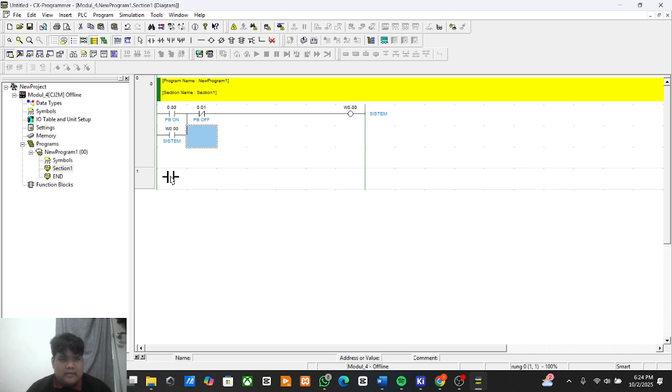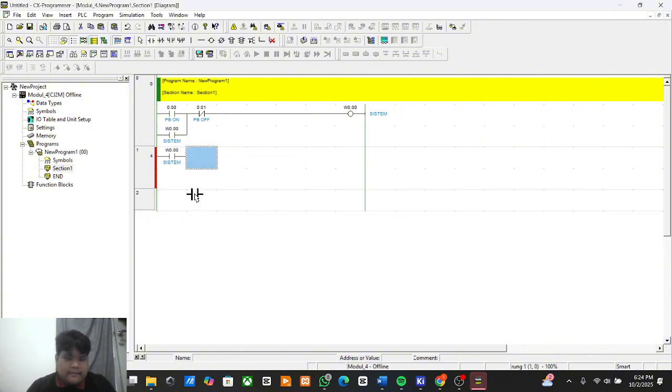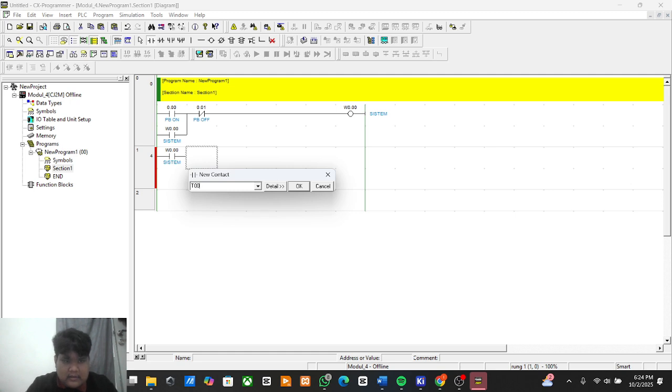And then the second circuit is like this. We add a new contact, same as the system. Then we add the timer contact with the address T0001. This is for the repeat timer.